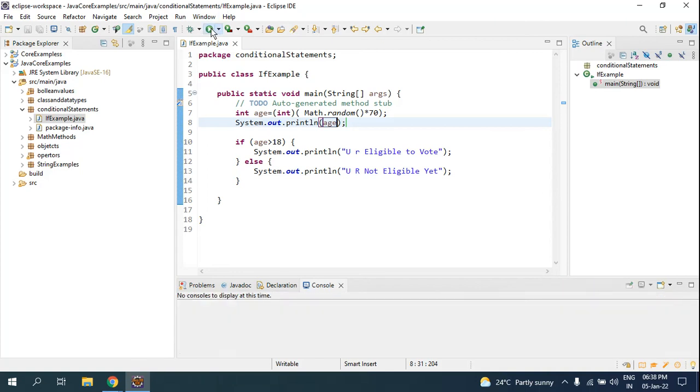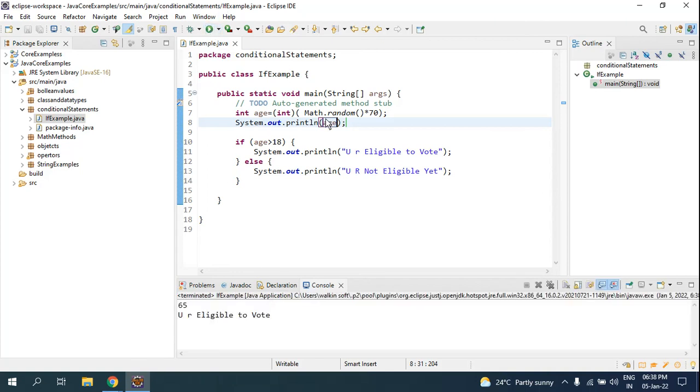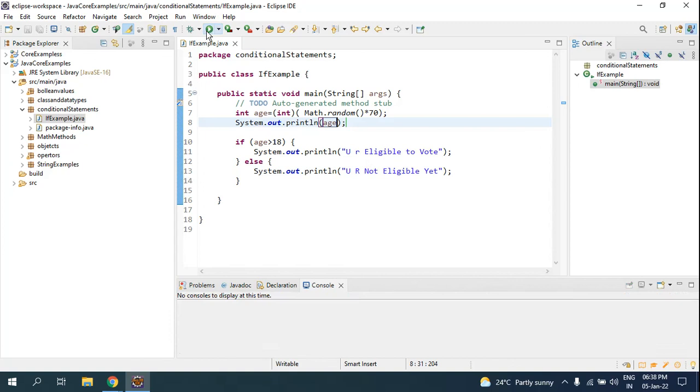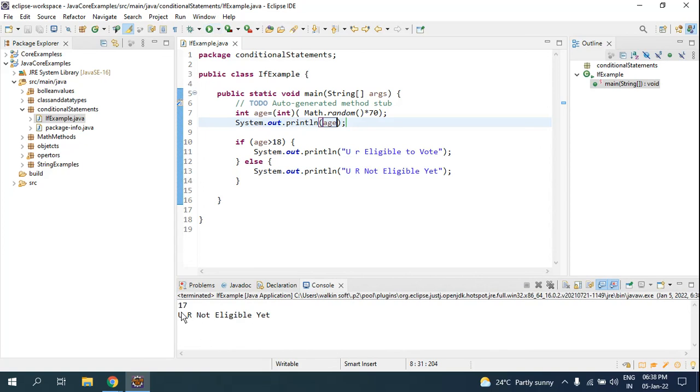So the random age I am getting is checking the condition. If it is greater than 18, it says you are eligible to vote. If I get less than 18, I will refresh until it looks right. I got the value 17 now, which is less than 18. It gives me the statement you are not eligible yet. So in this example, you had only two options. If you are more than 18, you are able to get the voter ID. If you are less than 18, you cannot get that voter ID yet. You have to pass the age of 18.